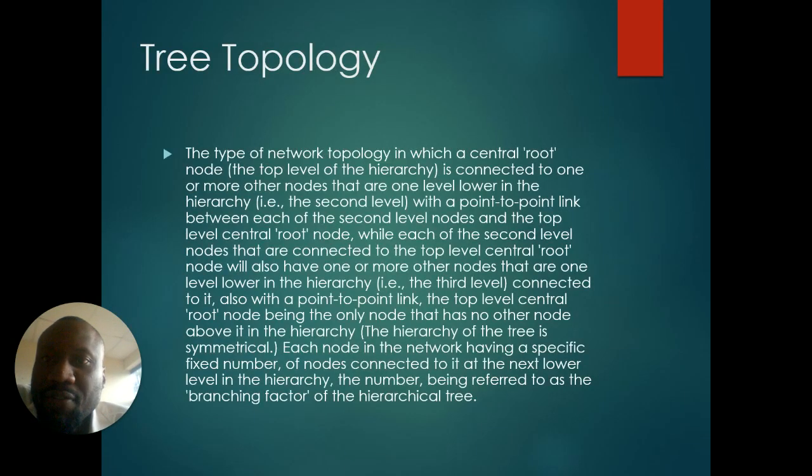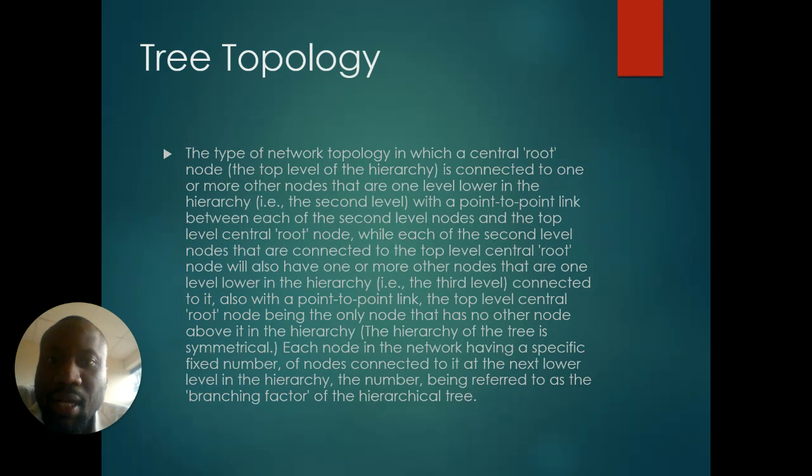Then we have the tree topology. The type of network topology in which a central root node, the top level of the hierarchy, is connected to one or more other nodes that are one level lower in the hierarchy, with a point-to-point link between each of the second level nodes and the top level central root node, while each of the second level nodes that are connected to the top level central root node will also have one or more other nodes. So in short, it forms something like a tree. Yeah. So this illustrates